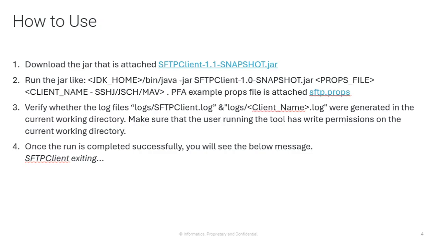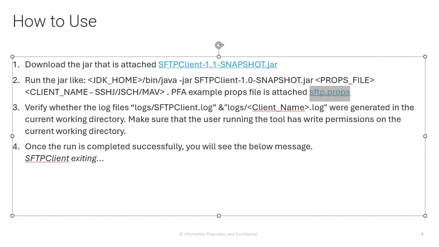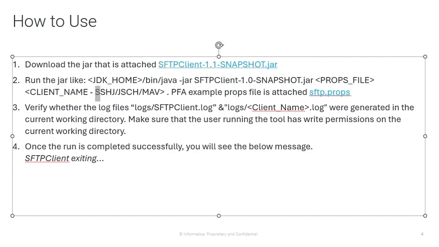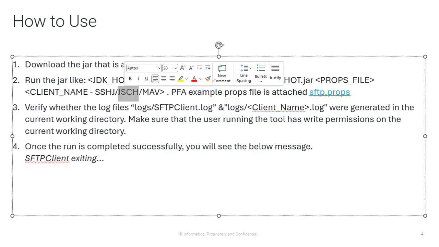Coming to how to use this tool, you can see this jar file and this sftp.props file attached. So you can download these files. This sftp.props file will have all the details related to your SFTP server: the host name, port number, username, password, all the authentication details. You can edit this file according to your SFTP server, and then you need to provide the client name in the command. When you run this command, you need to give whether you're using SSHG or JSCH or Maverick for